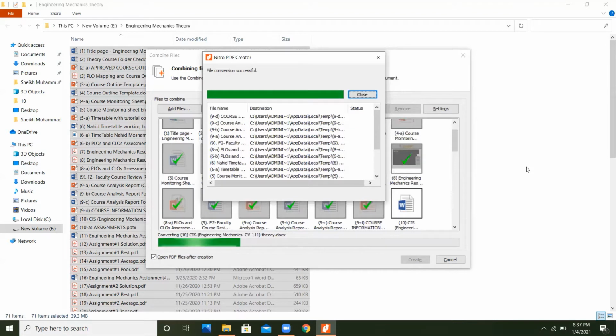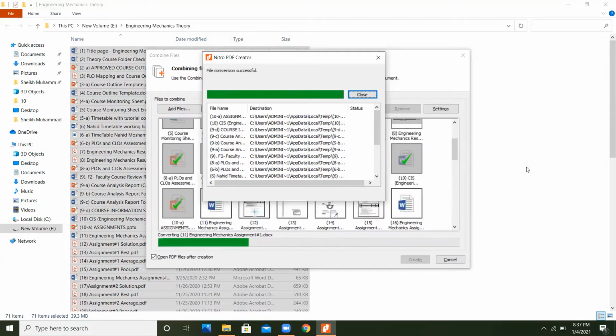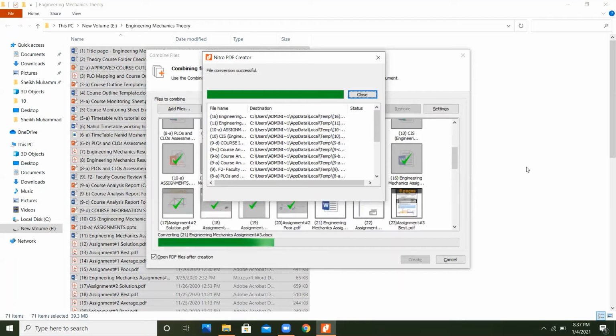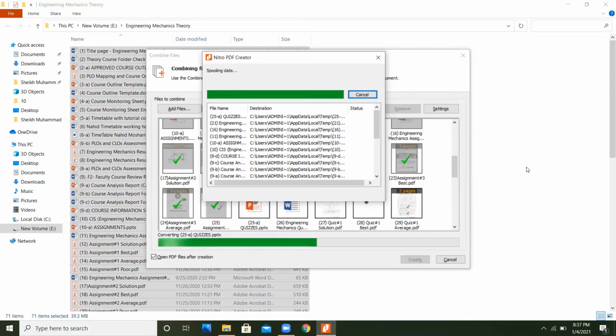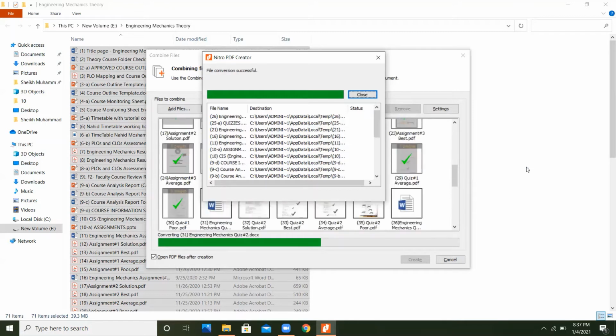So this is very good software, and it will be very helpful for you, because it will take hardly 5 to 10 minutes to convert, so it's very helpful software. And the quality of your files is very good in it. So you will try it and you will find it very useful. Actually, I have used it, and I have converted my files into a single PDF format. So I find it very good.